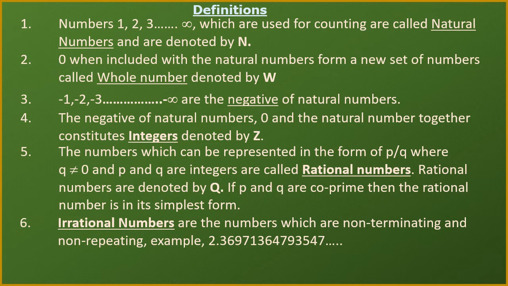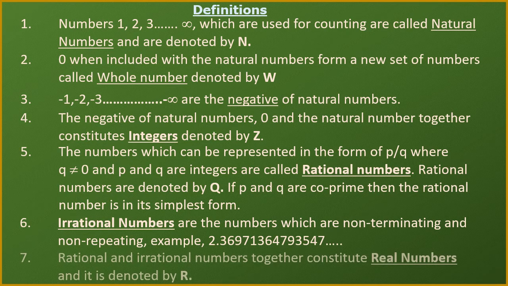Okay, for example 3, 6, 9, 7, 1, 3, all the numbers in the decimal are coming in random order. So we can say that there is no pattern, there is no repetition. That's why it is called non-repeating. Such kind of number will be called an irrational number. Okay, let's see the next and last definition.